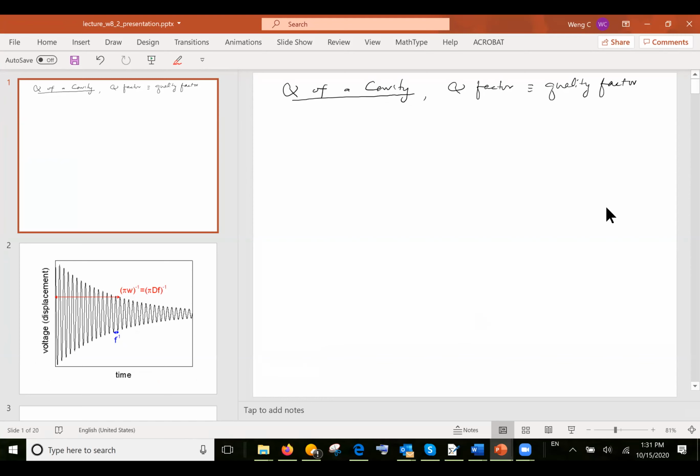Yes. Okay, good. You can see my screen, and I'm going to talk about quality factor of a cavity, which is also called a Q of a cavity. And it is a measure of how good the cavity is in terms of low loss. The lower the loss, the better the quality factor. Okay, so you can actually understand Q concepts by starting out with LC resonator. So if you have an LC resonator,